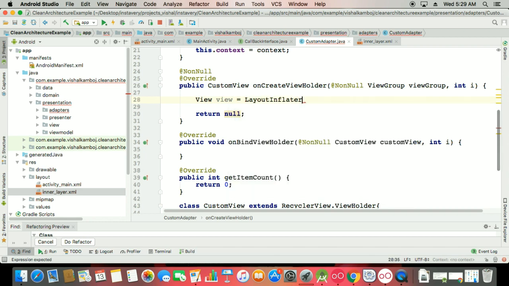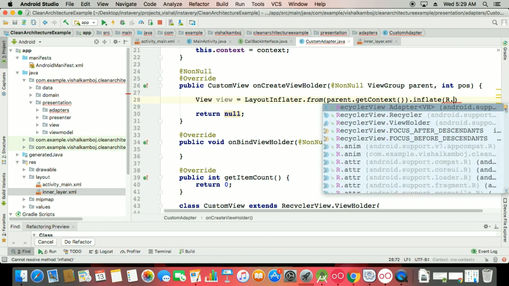So here we have a LayoutInflater.from, and for that from, you go with this ViewGroup, you make it the parent, and this is your position. So you can say parent.getContext, and that context will be your inflater, R.layout,